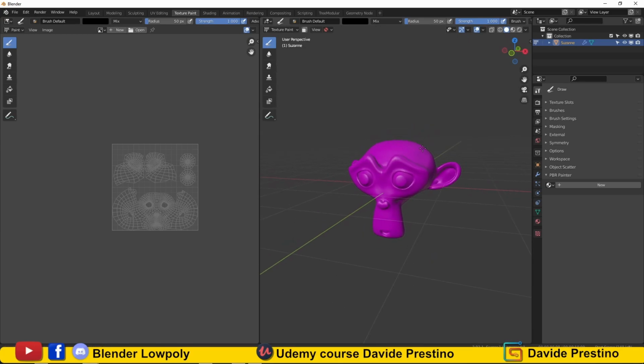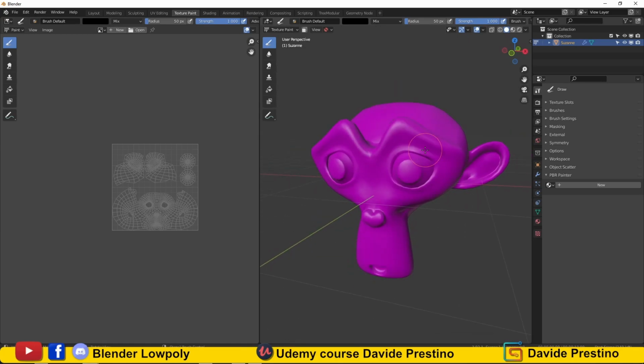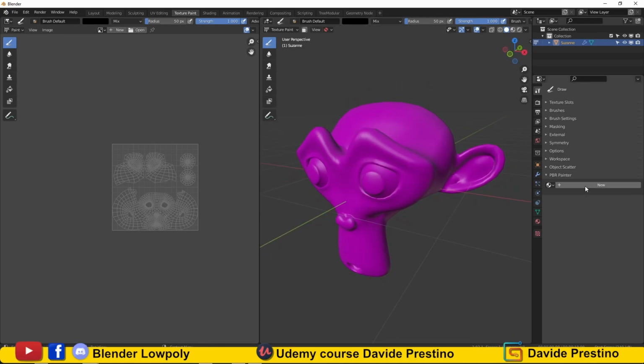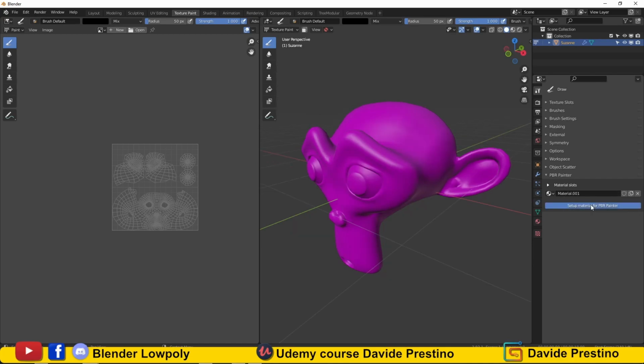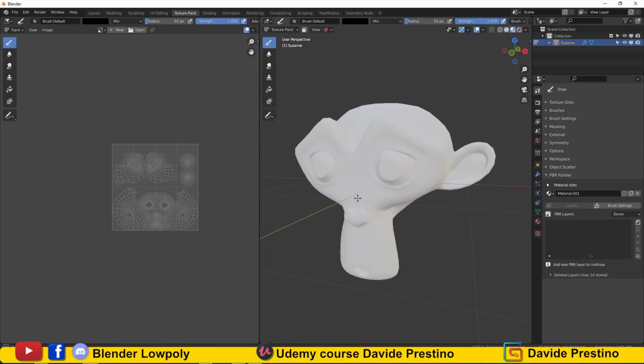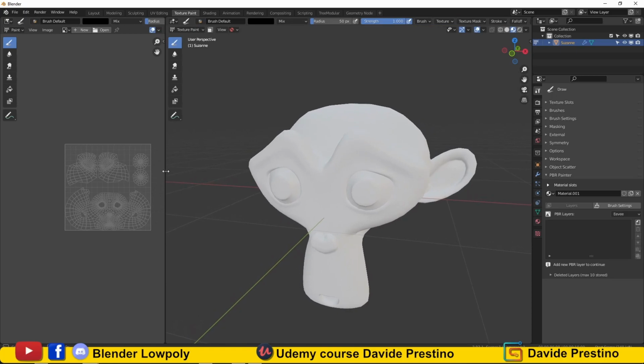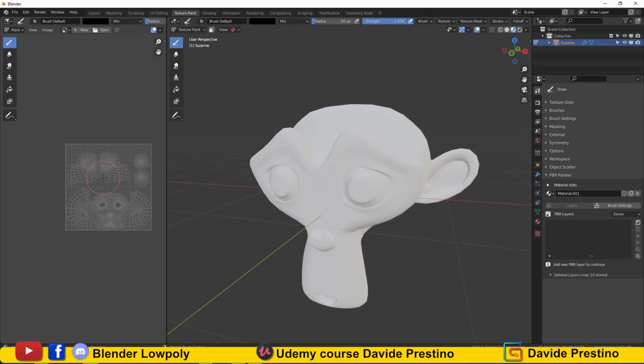When you start working with the add-on, you will have the purple mesh. This indicates that we have not yet created our material. Clicking on the new button will activate the materials panel. When we add a material, PBR Painter will give us the possibility to choose an empty material or use an already existing material and also create a backup. In this case I will make a new one. The mesh must have a good UV map and not have overlap of faces, this to have a good bake of the textures.